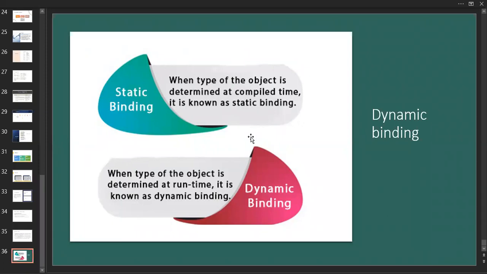Please make sure of the textbook I already shared with you, a very good book. Go through the topics I have explained. Static and dynamic binding, what I discussed today, read it once, and then practice on your laptop, which is necessary for you, so that you won't forget the things I mentioned.